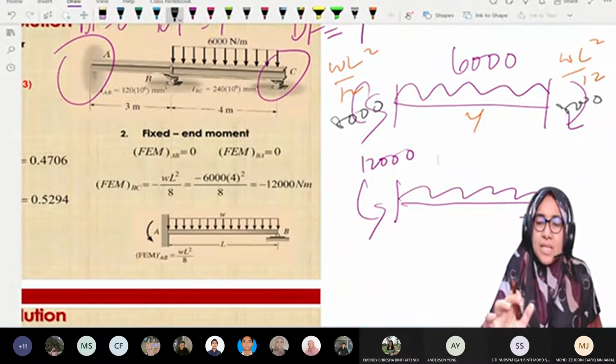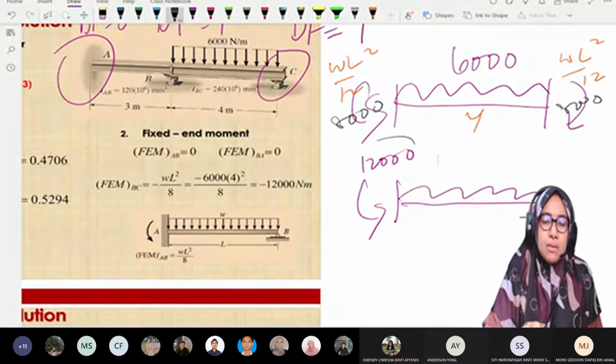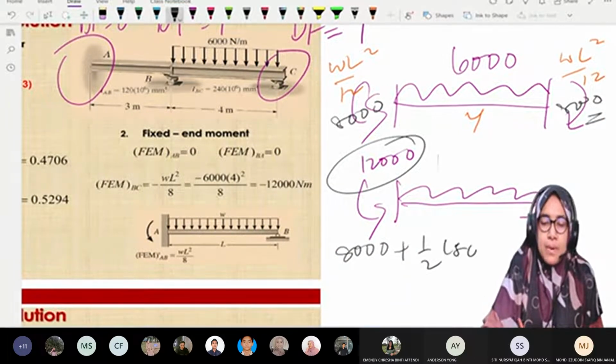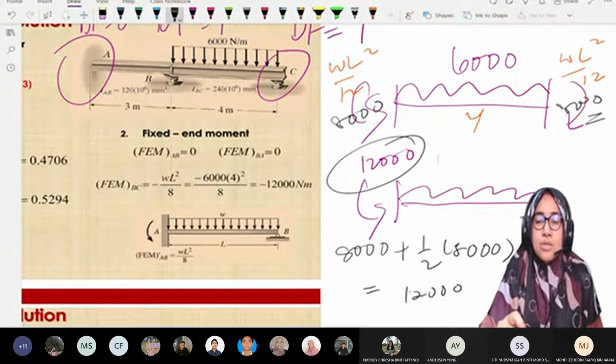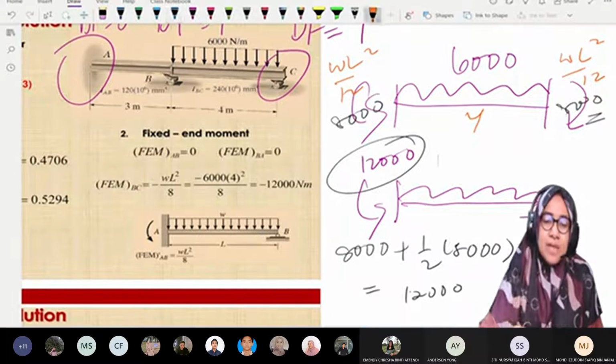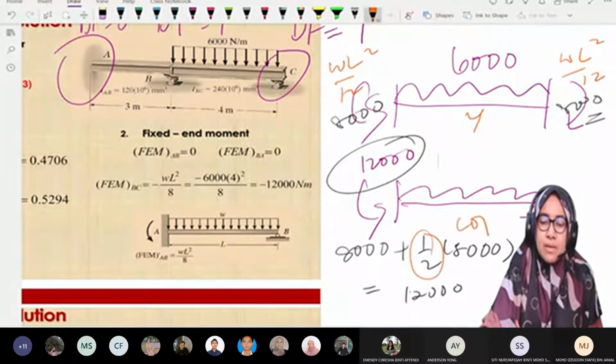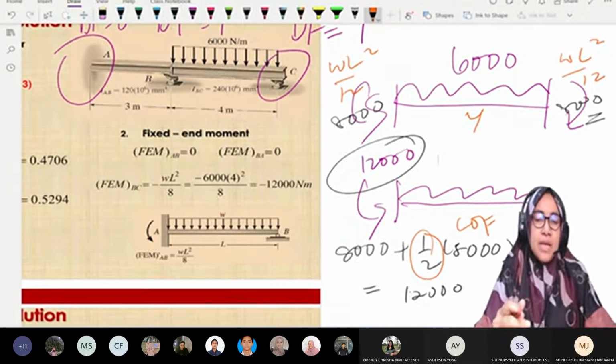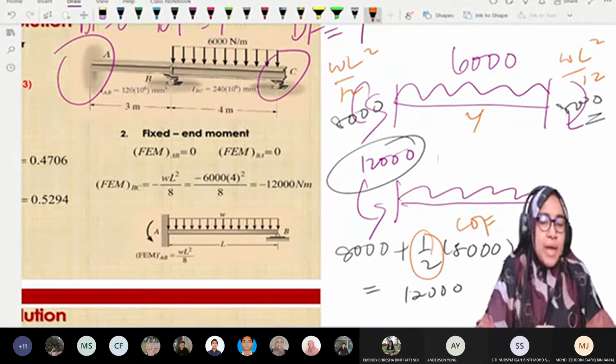Okay, and actually dapat mana 12,000 ni? 12,000 dapat daripada 8,000 plus half of this 8,000 ni. That's why we get 12,000. Okay, so that half ni is actually the carryover factor. Okay, that half is actually carryover factor. Anyway,